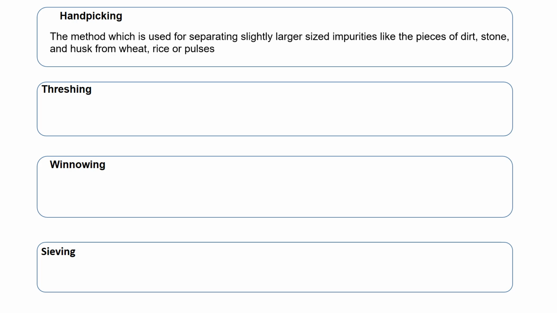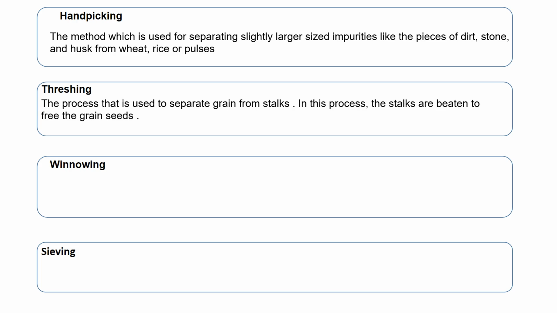Next comes threshing. What is threshing? The process that is used to separate grains from the stalks. In this process, the stalks are beaten to free the grain seeds. That we have already learned in detail.